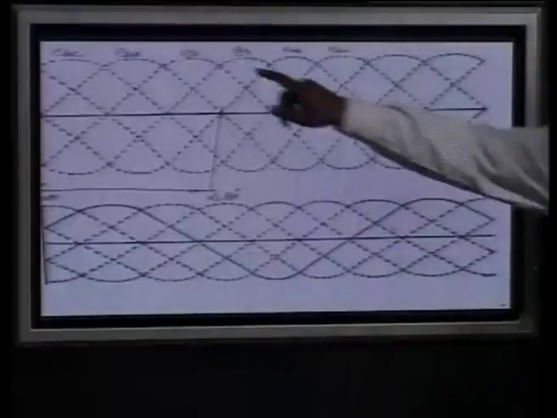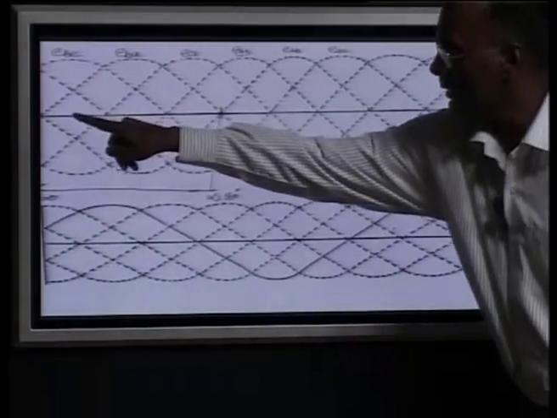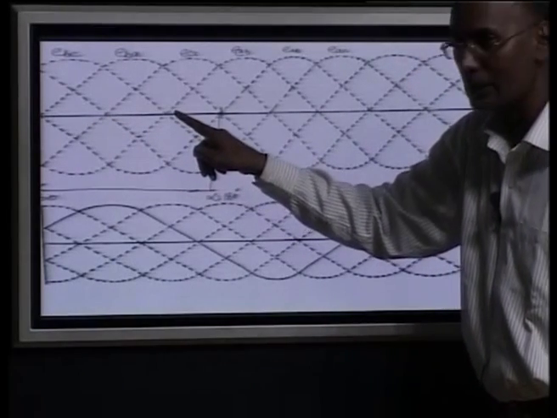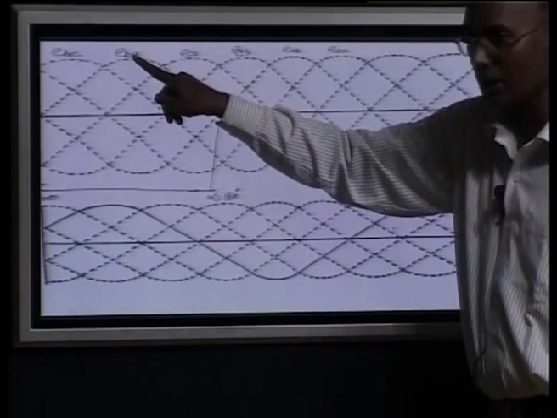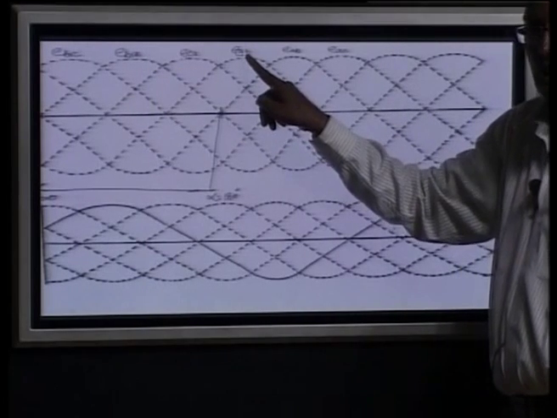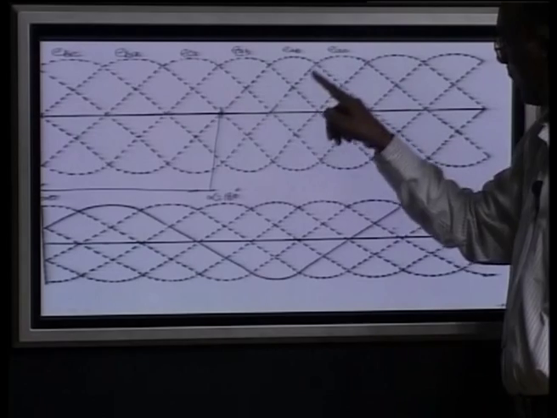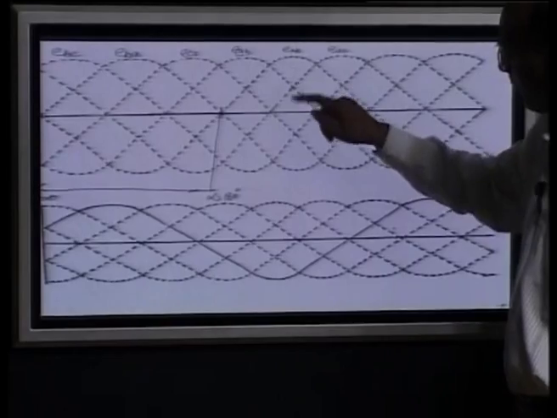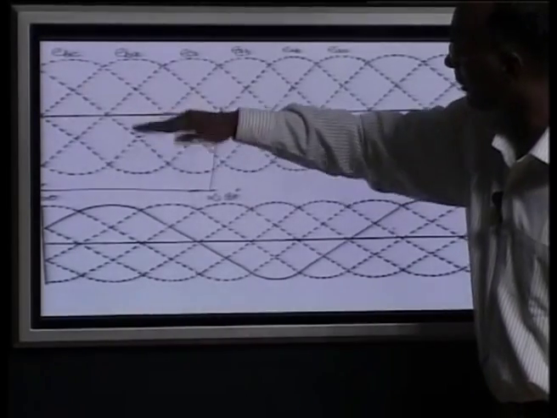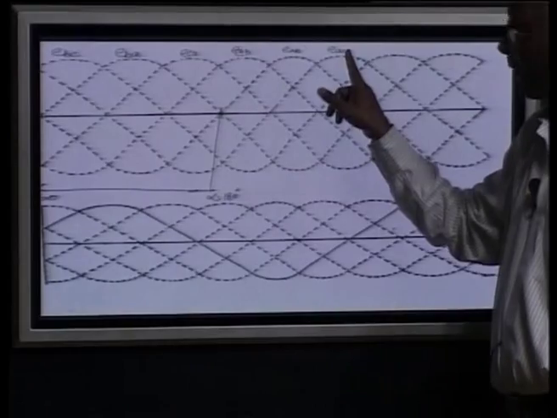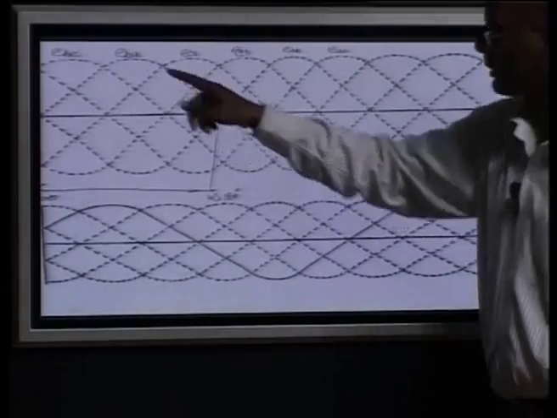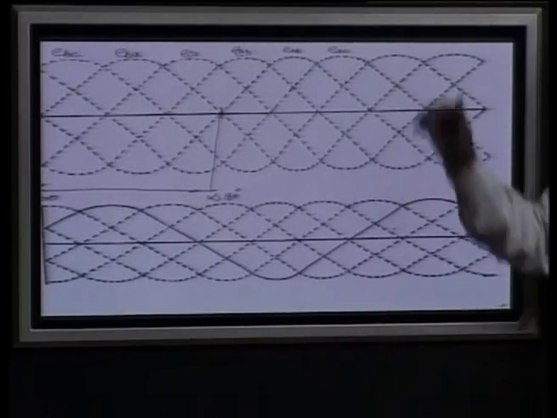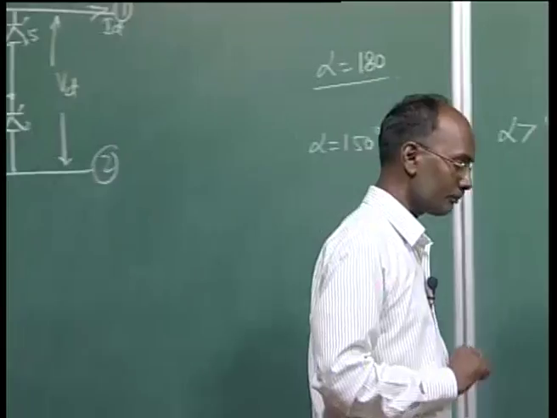These are the line voltages as I wrote them. I first defined EBA, and this is 180 degree. Now, another 120 degree, this is 60 and 60. That will start here, where B becomes C and A becomes B, so I have written ECB. From this cycle you can see again 120 degree here. Now C becomes A and B becomes C. For the intermediate one, this voltage is a reversal of this, so it becomes CA rather than AC, because we have reversed the minus sign. Similarly we wrote BC, a reverse of CB, and so on. So you have to mark the line to line voltages very clearly, top as well as bottom.